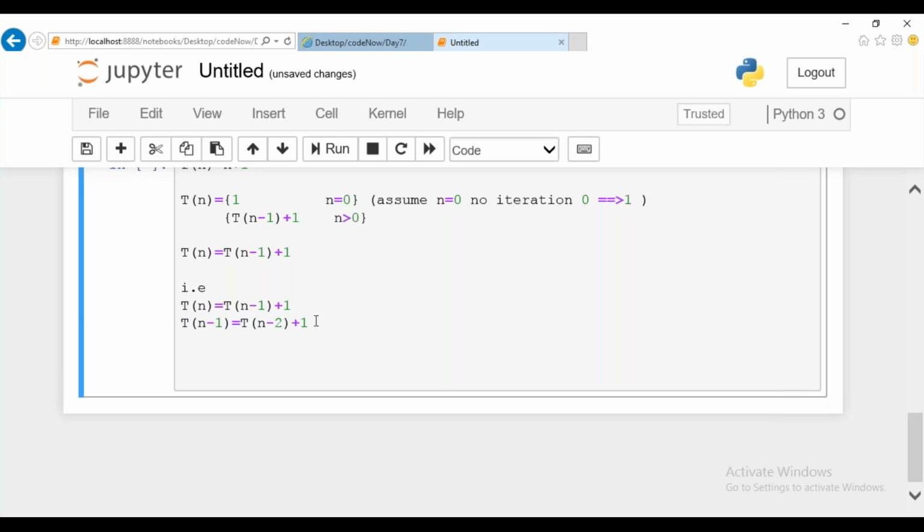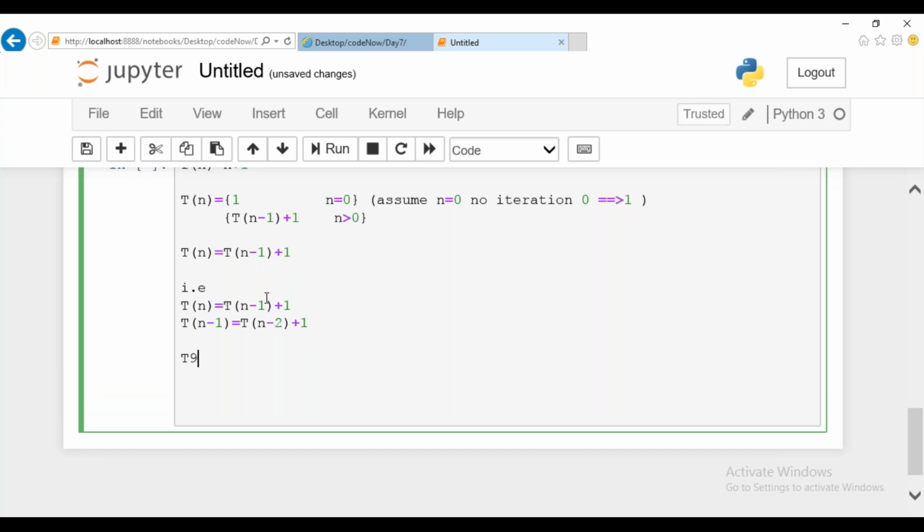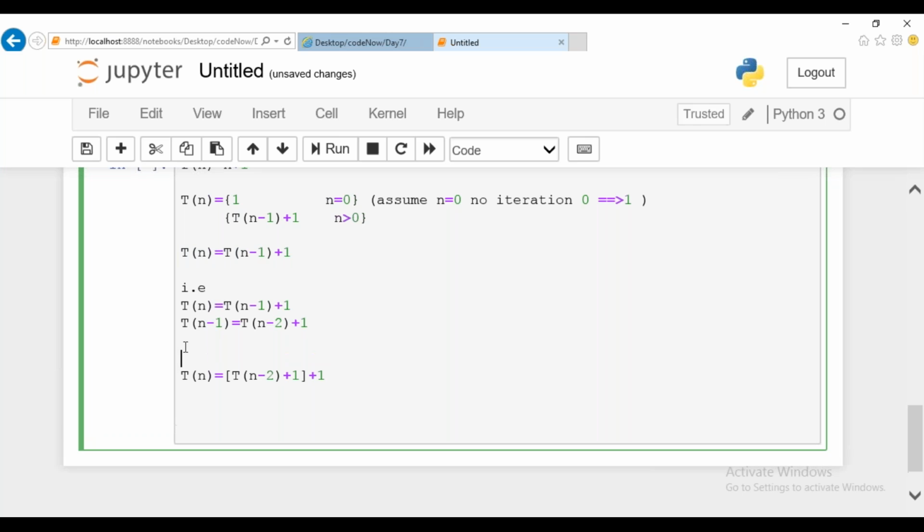Clear. Okay, good. Now we are going to substitute this equation with this value. Already we know T of n is there, in place of T of n minus 1. What is the value we got? We got this value, right? So we are going to substitute here, followed by plus 1. So this is the equation we got. For this particular T of n minus 1, I have substituted. This is the first equation and I have derived it.